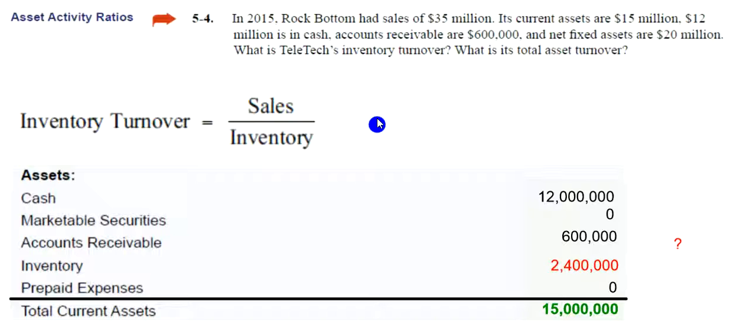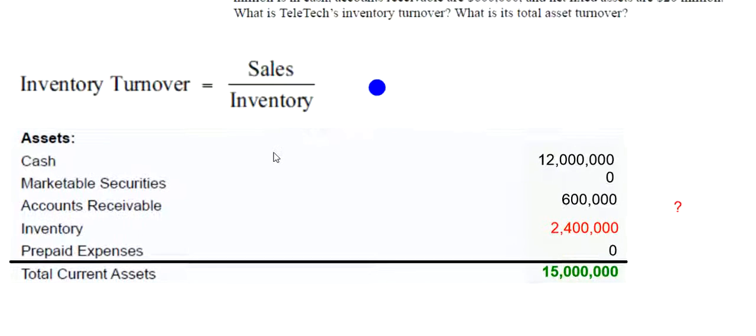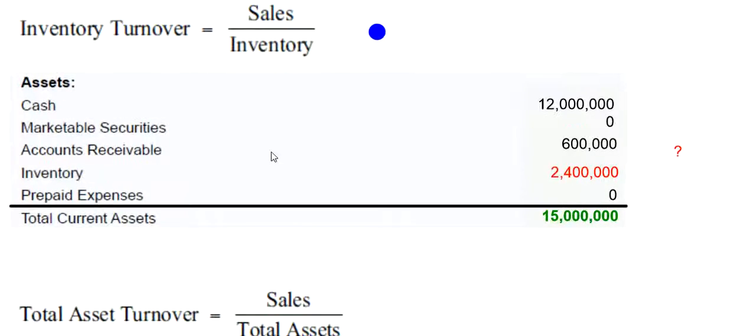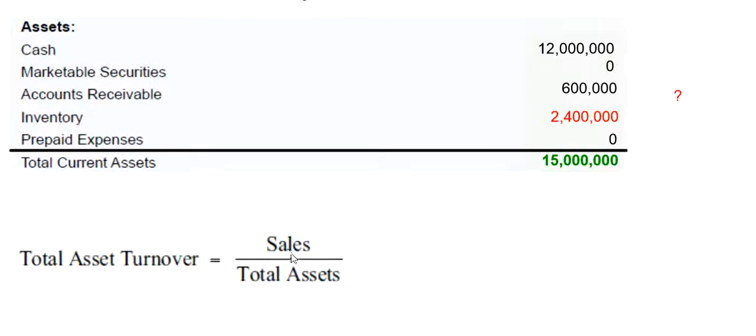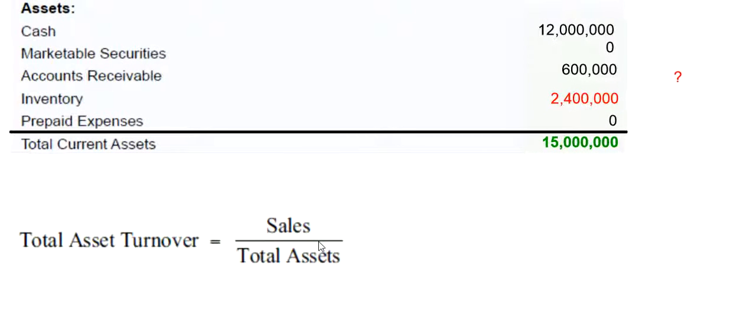Okay. And then the total asset turnover right here is just going to look at how efficiently the firm is using all of its assets. An example I think the book gives is that if you've got these fancy jets that you're flying all your corporate executives around in, and they're not really doing anything for your sales, they're just sort of a showy perk,